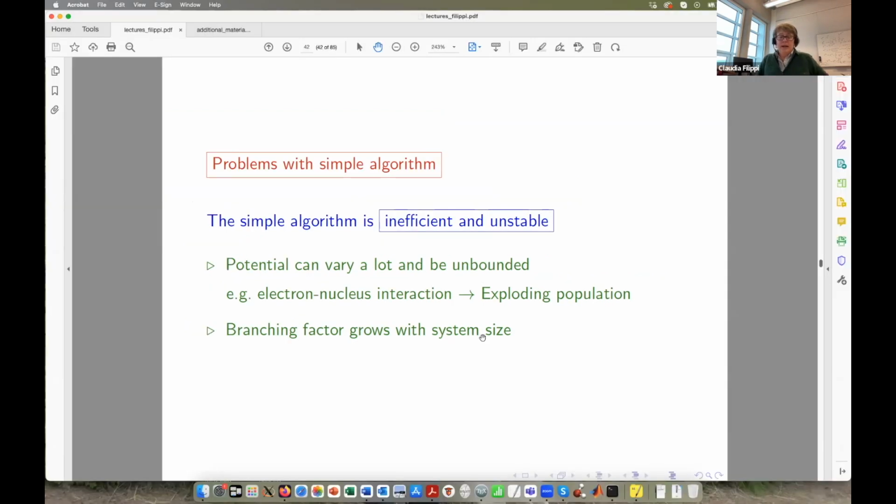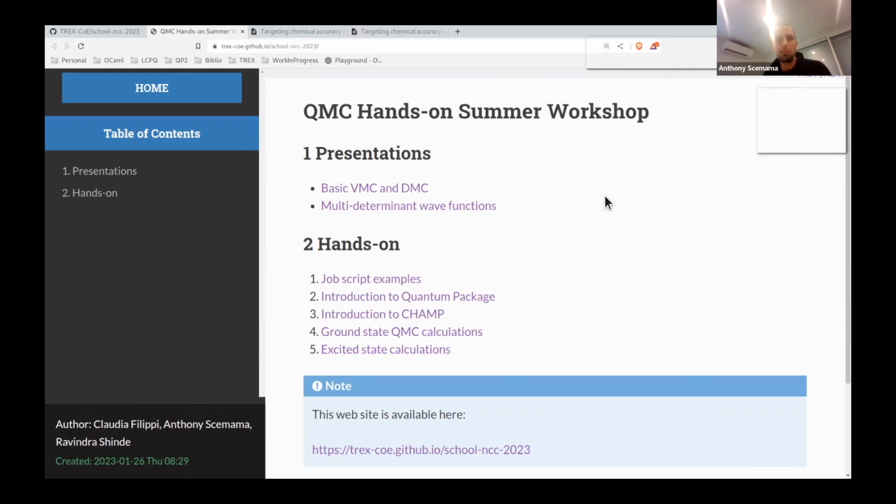So I could go on, but I think it's better that we actually start working, and then, after you have a bit of experience of what it means to set up a variational Monte Carlo calculation, I will move on further with diffusion Monte Carlo. So Anthony, are you there? Everything that we're going to do in the hands-on sessions has been prepared on a website. The address of the website is this one, and it's also in the HackMD. So you can just click on the HackMD to arrive here.